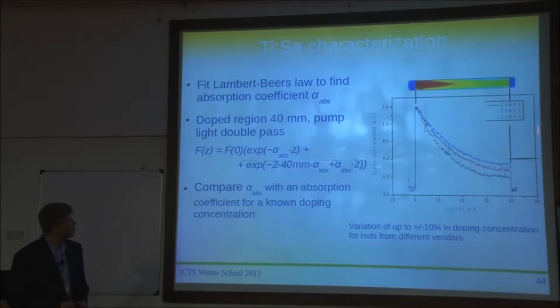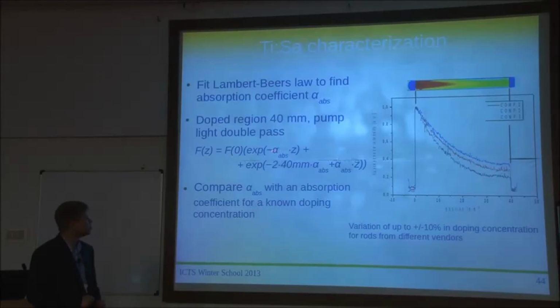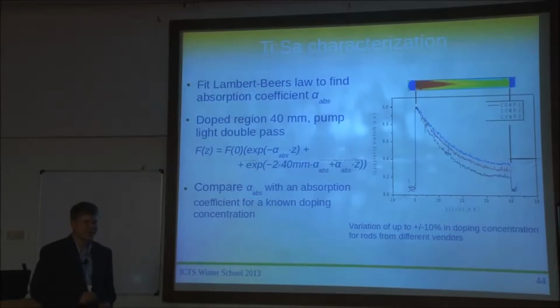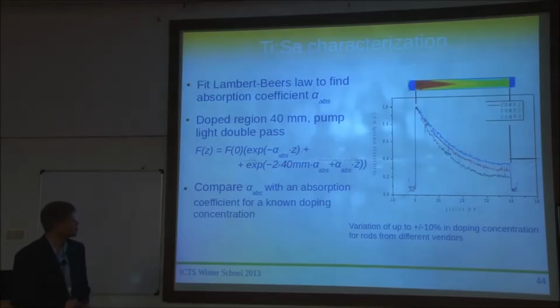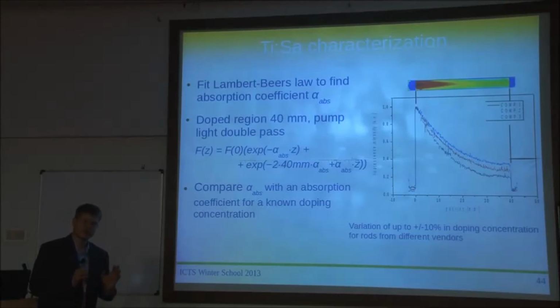And this decay depends on the length of the crystal and on the absorption coefficient. And then in this case you get a second term because the crystals are coated for a double pass, so there's an HR coating on that side, and that means that there's also some light going back, and then you have to add this term here to this exponential curve. But you're basically able to fit it, and if you know the length of the crystal, then you would get some information on the